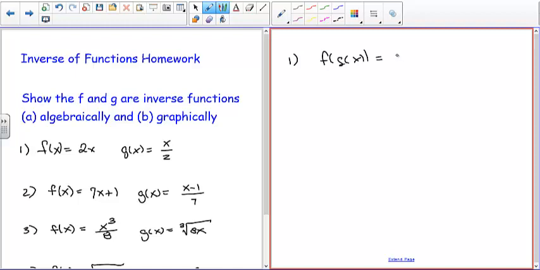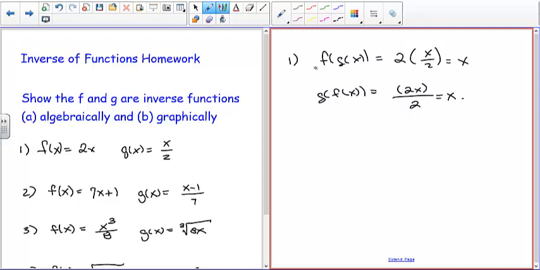So f of g of x: for x we put in g of x, and you can see that the 2's cancel out, we get x. And g of f of x: we substitute f of x in for x, so you get 2x divided by 2, which simplifies down to x. So since f of g of x equals x and g of f of x equals x,